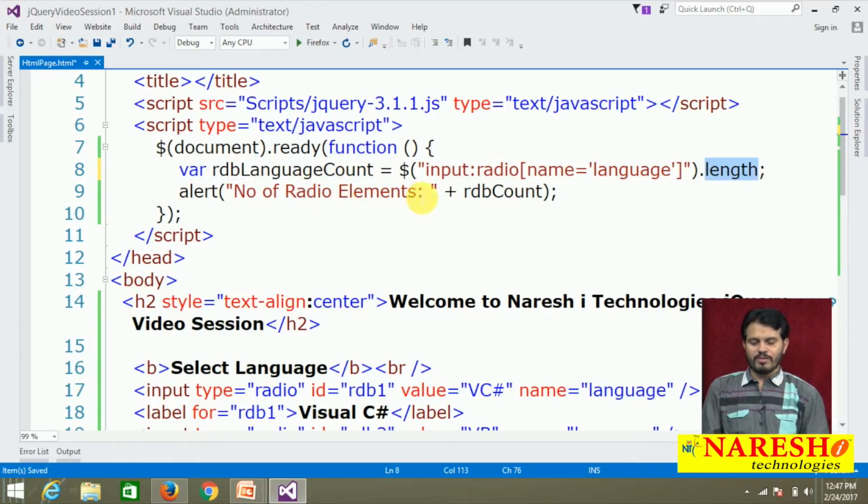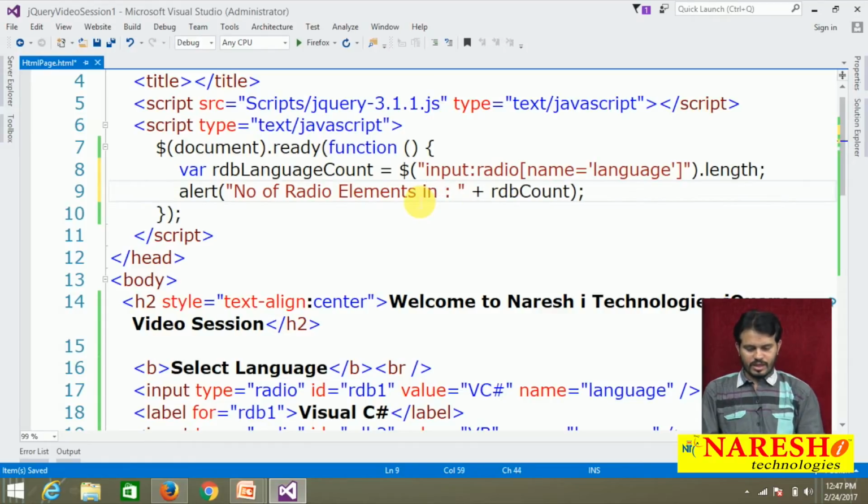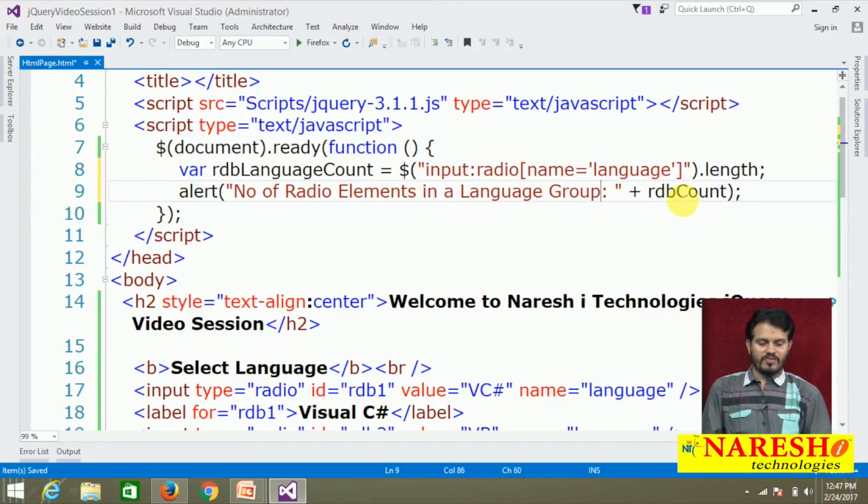Number of radio elements in a language group, for your understanding, RDB language count is a variable in which I am storing the number of radio elements with the group name